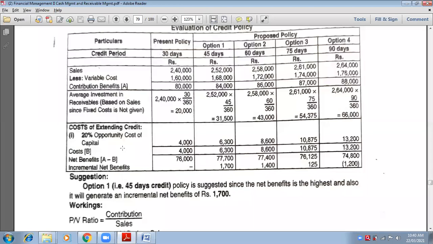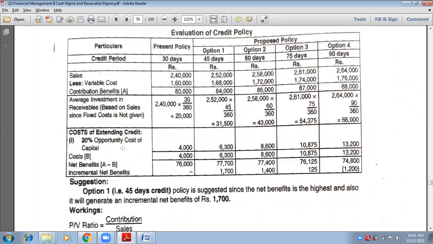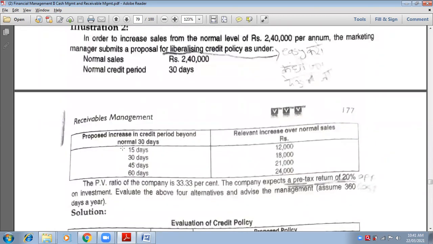See how simple it was. Now, number 2, bad debts. They have not written it, but you have to write it. Write down bad debts, which is not given in the question. See, is it there in the question?